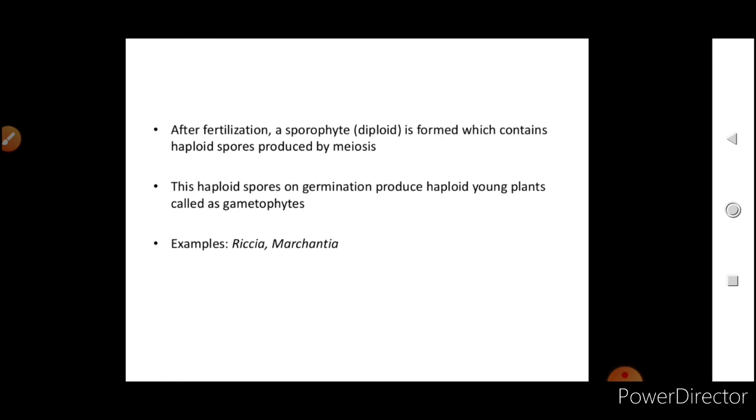Now in liverworts, after fertilization, a diploid sporophyte is formed which contains haploid spores produced by meiosis. This I have already told you. These haploid spores on germination will produce haploid young plants called gametophytes. Examples are Riccia or Marchantia. Marchantia we have seen,